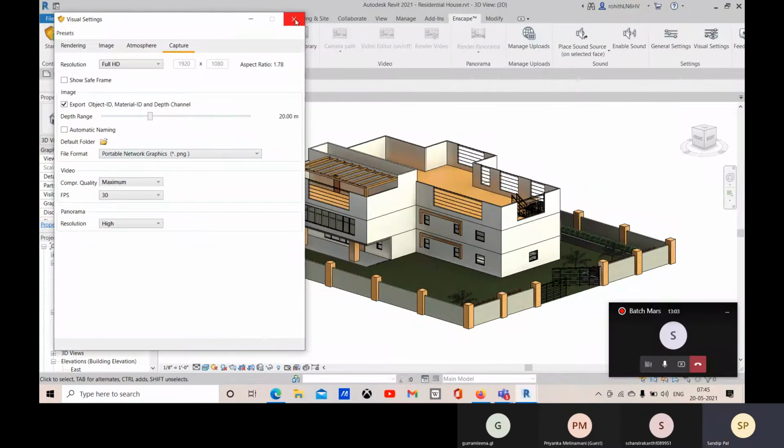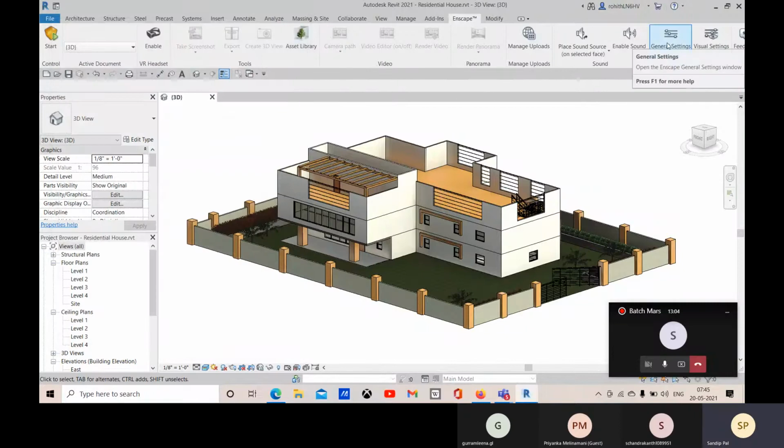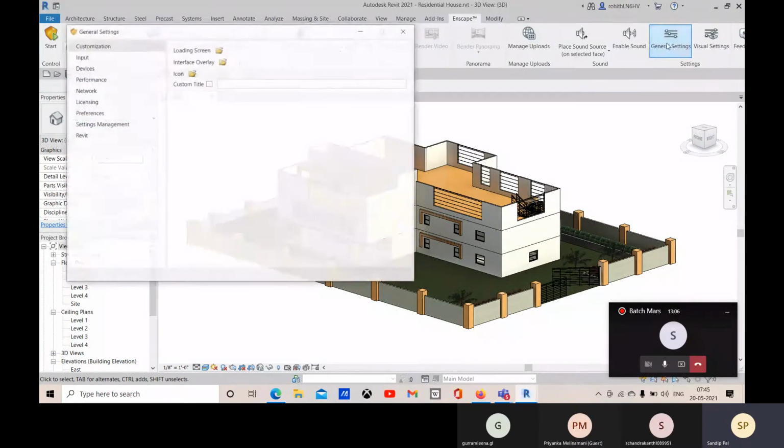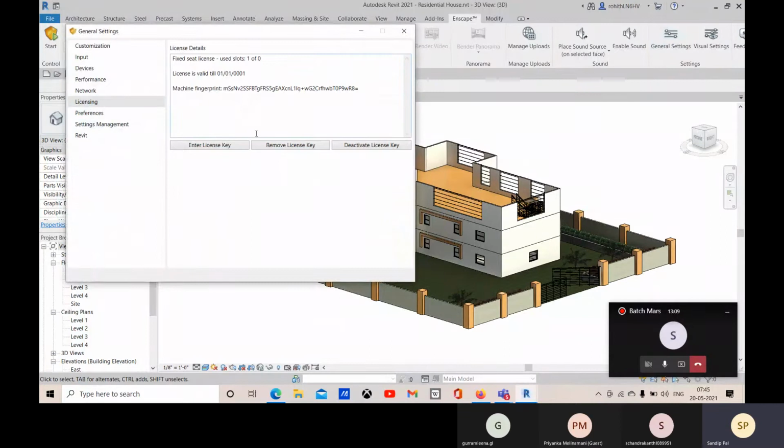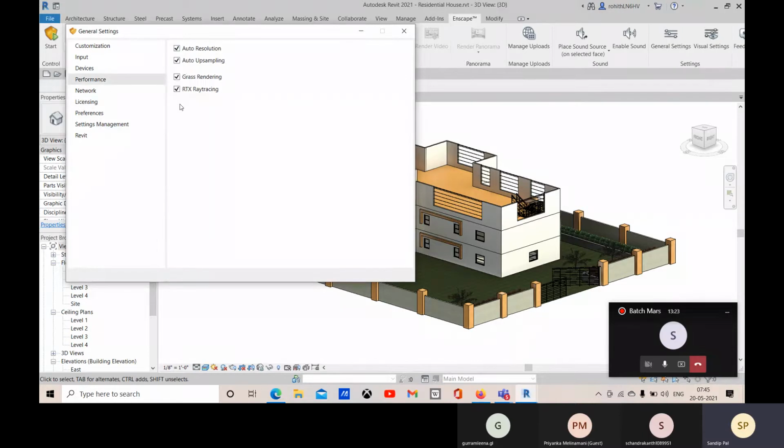Okay. Now about the licensing, come to these general settings. Here we have this licensing option. If you are entering a license key, you can come to enter license key and activate it. Okay. And about the performance, these options are selected. Grass rendering. Okay. These options are selected.